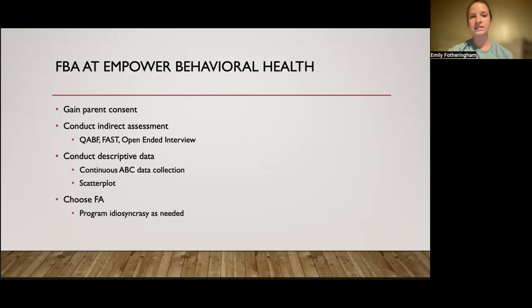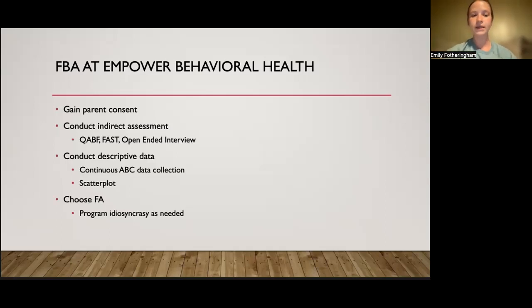Next, we conduct indirect assessments using things like the QABF, the FAST, and the open-ended interview. The open-ended interview is more of a conversation with parents where they kind of give you their take on the problem behavior, how it's occurring at home, how it's occurring in public, and the behavior analyst uses this to then begin conducting their descriptive data. We conduct descriptive data at my company